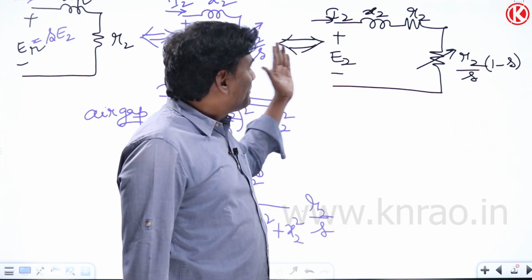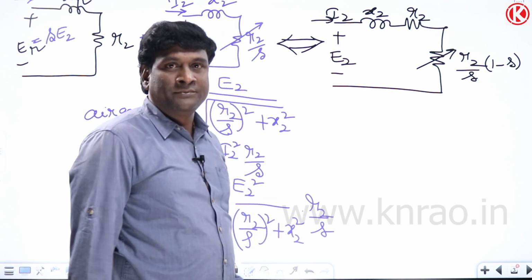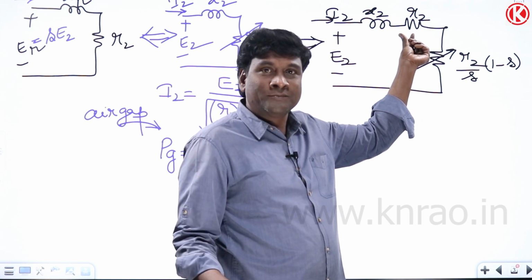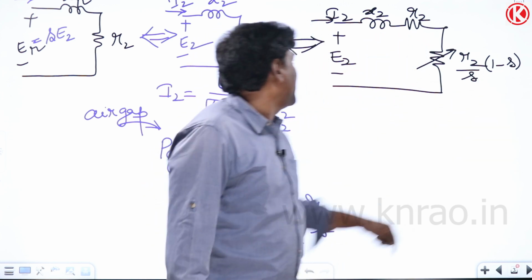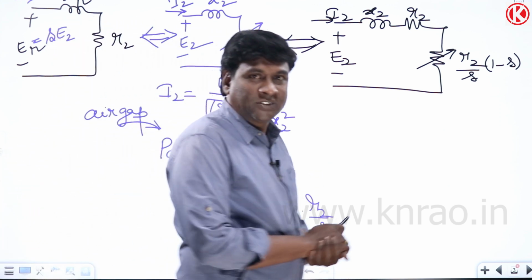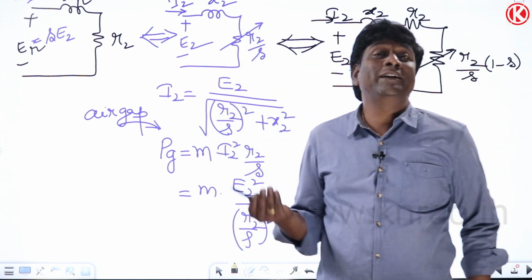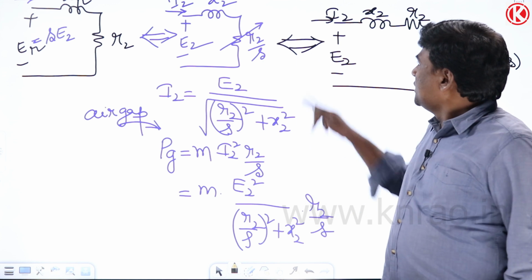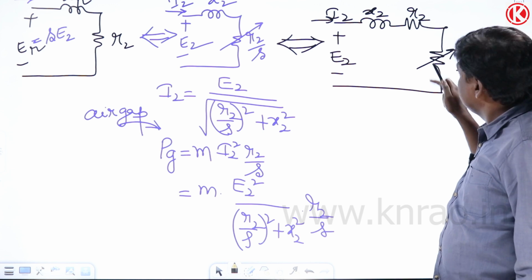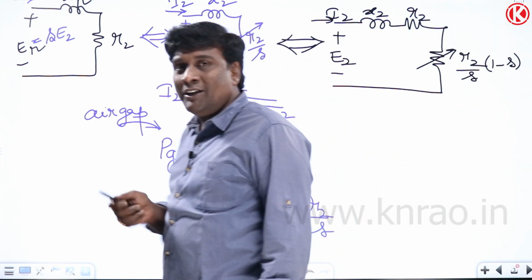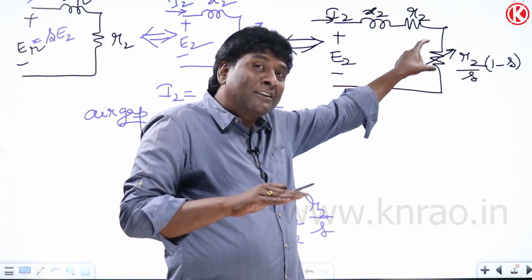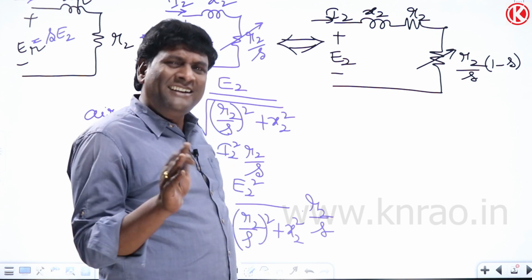For example, the power input to the rotor circuit is PG, the air gap power. Out of that power, rotor copper losses have to be deducted, because R2 plus R2 by S into 1 minus S is going to be R2 by S only. So this R2 by S we split into 2 terms, such that rotor copper losses are deducted from the air gap power. So air gap power minus rotor copper losses, what is this particular resistance? This resistance of R2 into 1 minus S by S will not be there in the physical world. But why did it come? It is equivalent to the power transformed to the mechanical side. Details, forget about it.